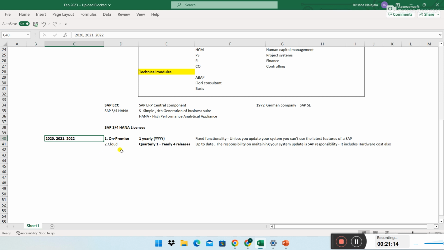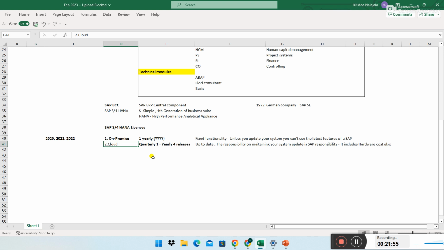But if your business is buying a cloud license, it's not that cheap. It is a little costly. Why? Because irrespective of whether you use the new functionality SAP invents on a quarterly basis, everything is readily available in your system. You also get the flexibility that hardware equipment and machinery need not be maintained; SAP takes care of that.